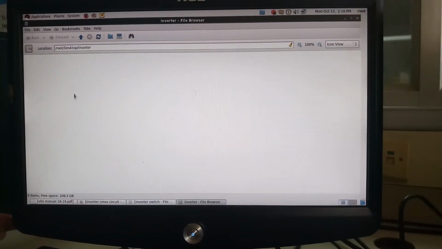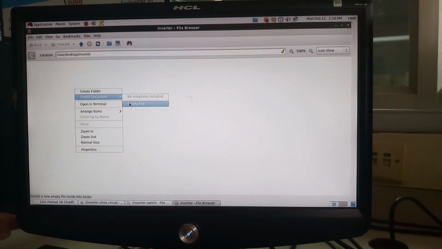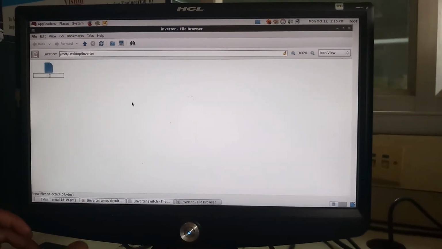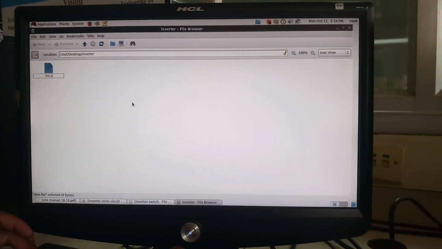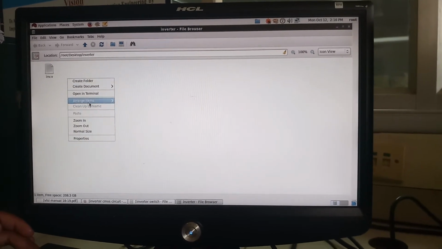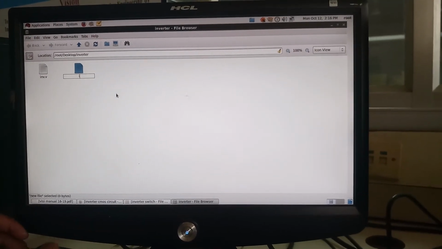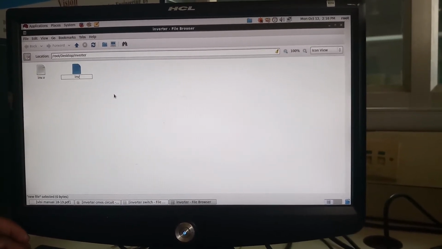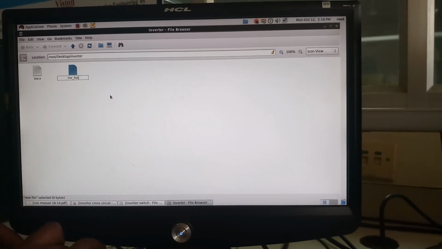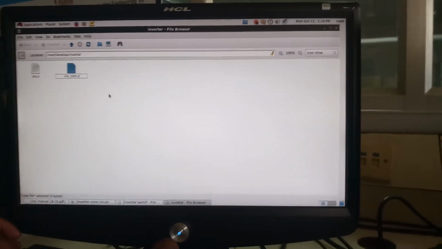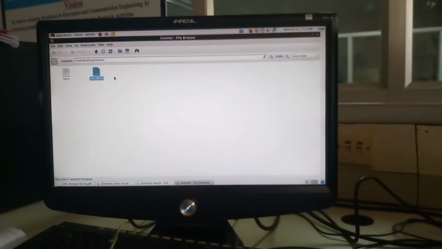Inside that, just create one empty file, that I'll give inv.v. And one more, the test bench file. So create one empty file, that is inv-test.v. So one inverter file and one test bench file.